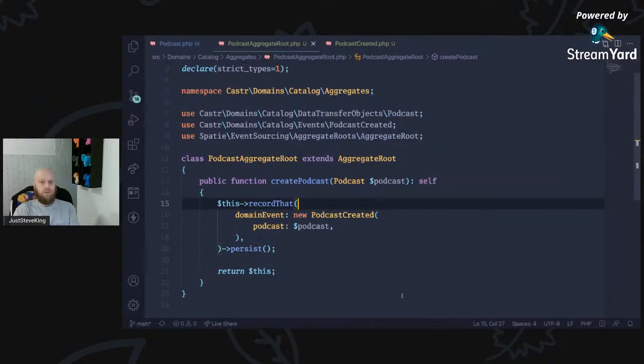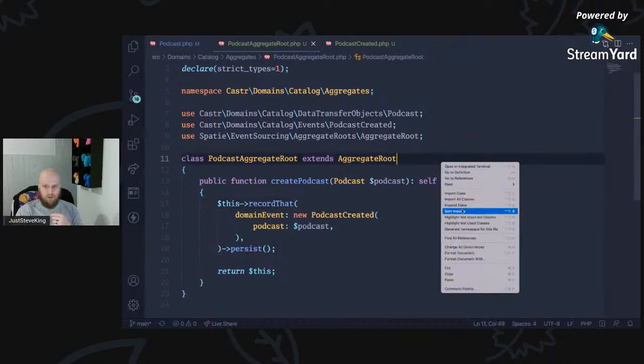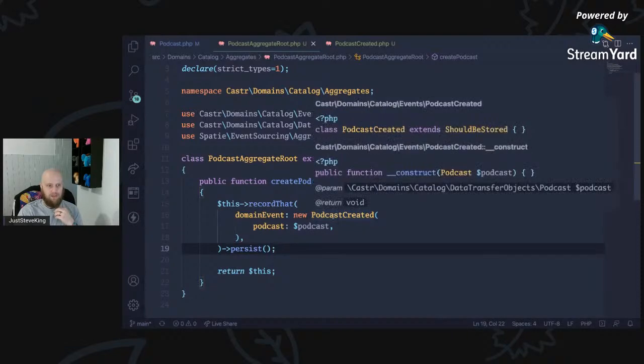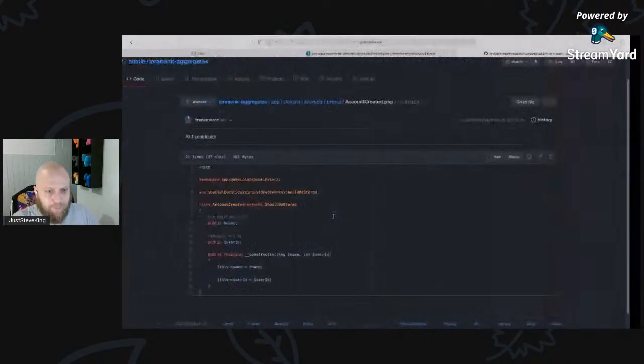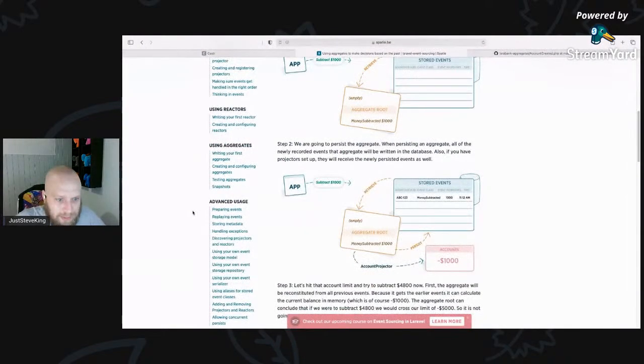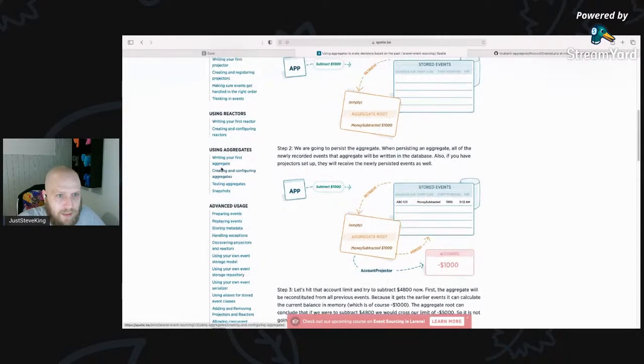It's just beautiful. Okay, so our aggregate root for those imports is going to take in our data transfer object. It is then going to record this event and persist it to the database. So let's go back to here and let's go have a look at writing, testing, creating and configuring